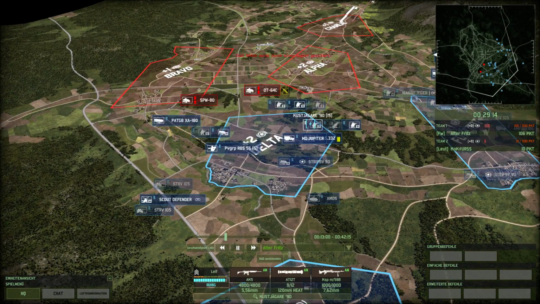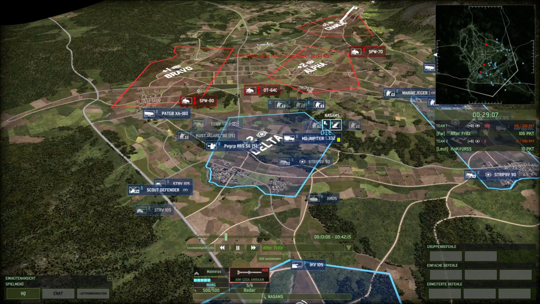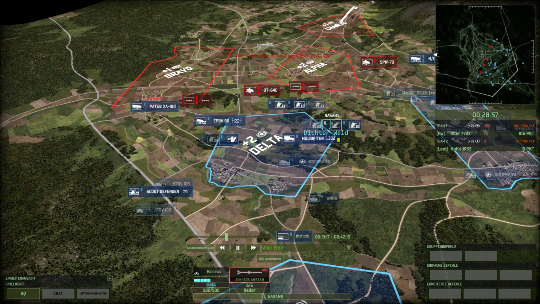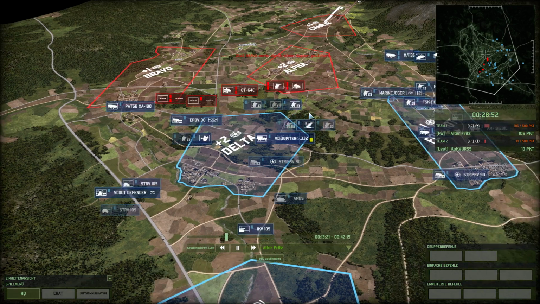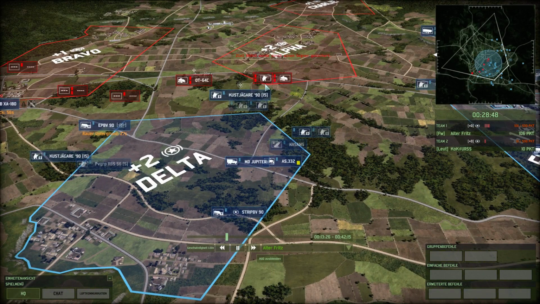Now my enemy secured Bravo. It's a 0-0, but I'm nearly 100 points in front, so if I bring this game over time, with 29 minutes left, it's still a very long time, I will win this match. So therefore I took the decision to get a bit more defense than pushing forward, but now my enemy starts to push forward. He brought some motorized infantry,